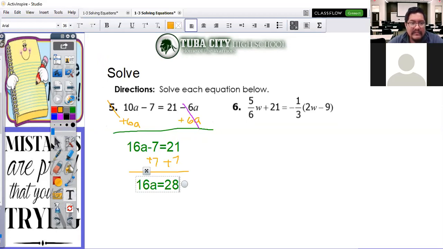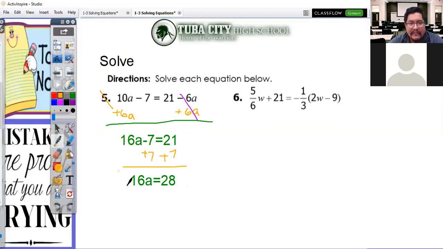But sometimes I won't. Sometimes, like with the fraction ones, there's going to be a lot of work that I need to show. So I might end up having to combine steps. Anyway, here we go. We got 16a equals 28. So what number can I times by 16 to get 28? Well, in this case, nothing comes to mind. So we're just going to have to use the inverse property